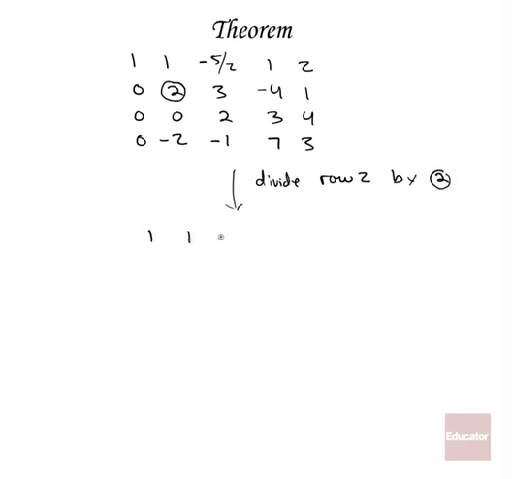The matrix we get is 1, 1, negative 5 halves, 1, 2, nothing changes, 0, 1, 3 halves, negative 2, and 1 half. And we get 0, 0, 2, 3, 4, 0, -2, -1, 7, and 3. So now we have a leading entry of 1. And now what we need to do is we need to get rid of